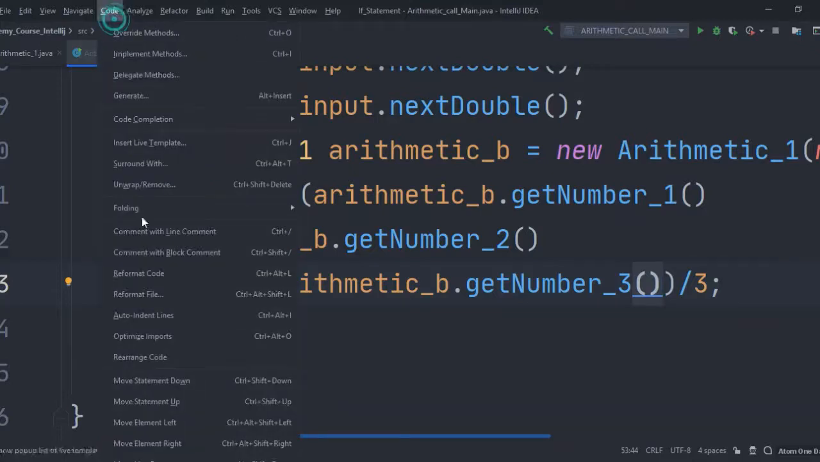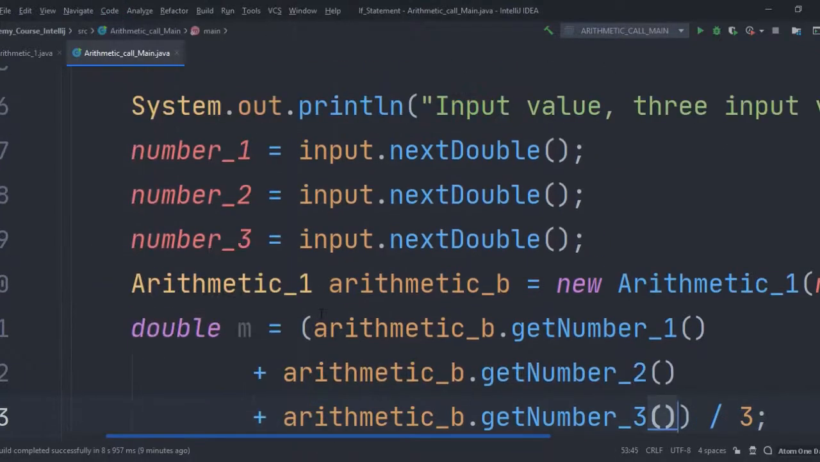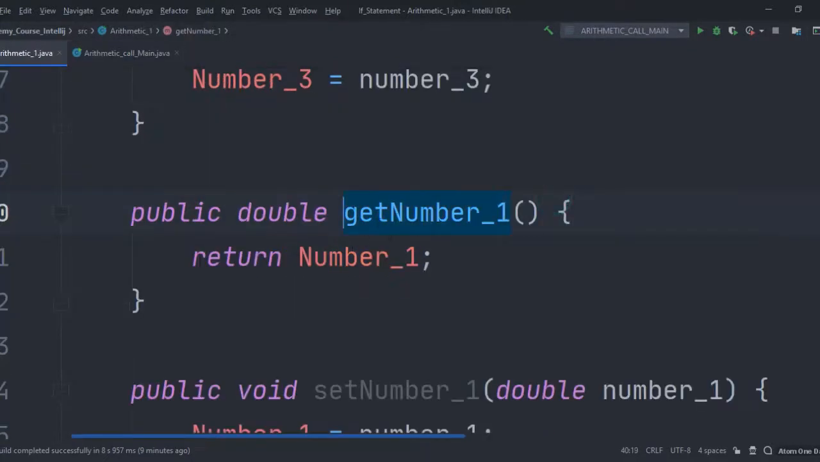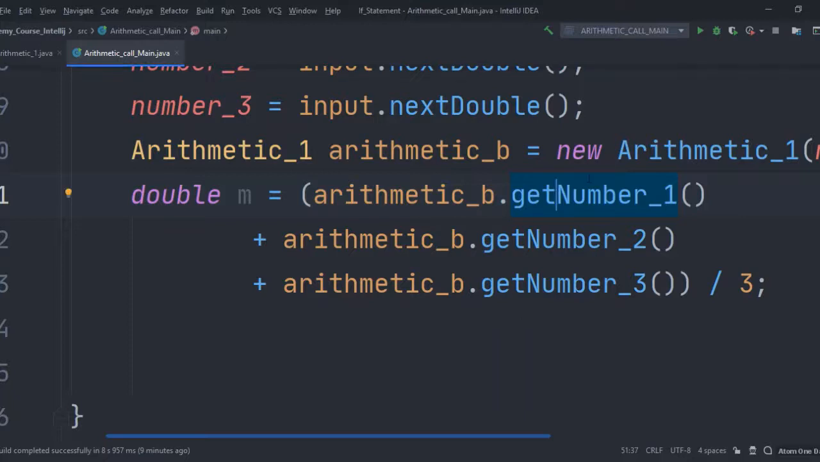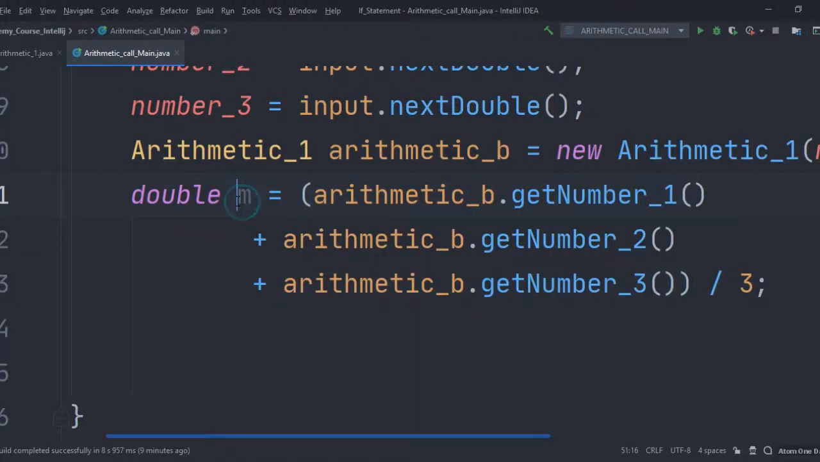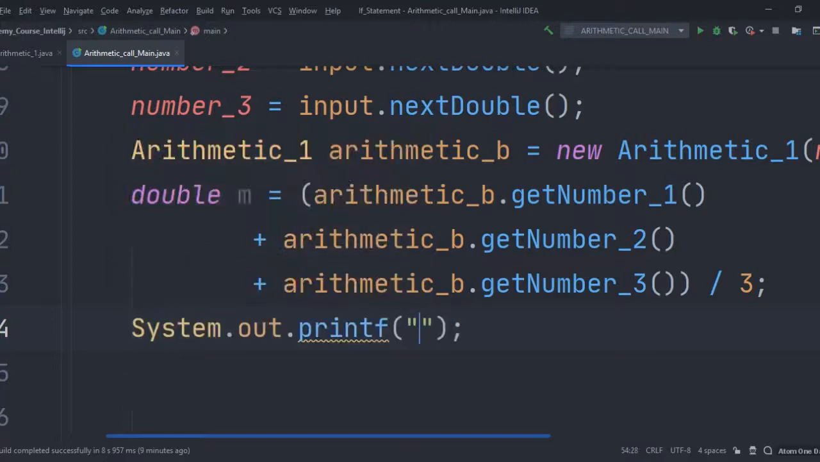Great, that's called reformat code. Can you see this is a variable of this class? We have called this method to return this instance variable, this value. For all these 3 methods, we have added each other, all of them. We have divided by 3 and stored here in the m variable, which is the data type double. And now print formatted